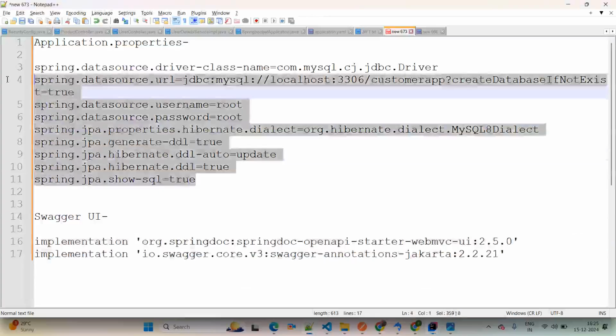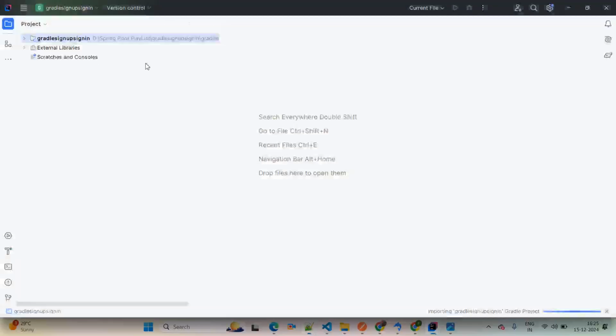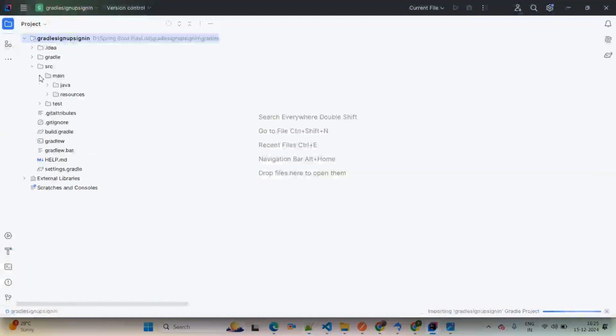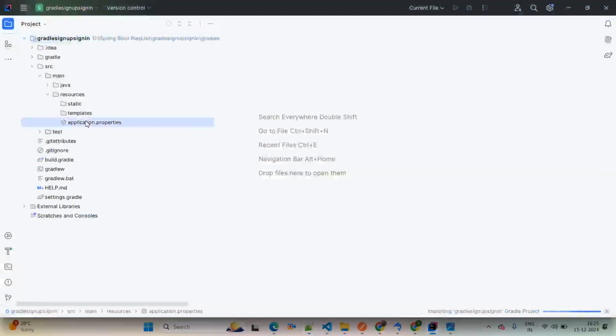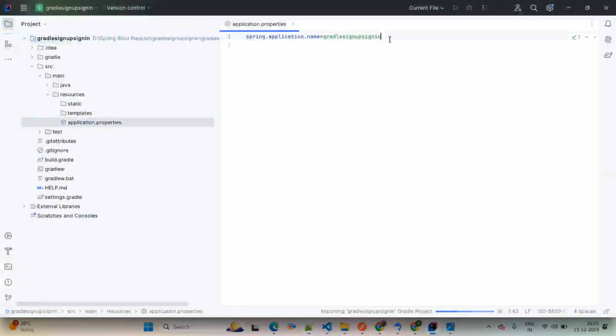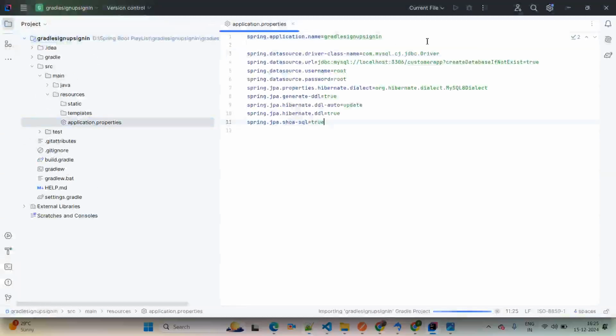Then we are adding here the application.properties file content. Coming to our application, src main, there is resources available, and your properties file is available there. See, here we have given the database name as well. Now coming to